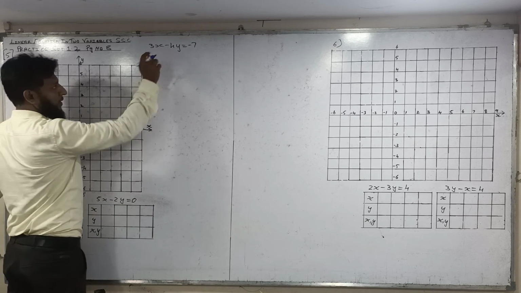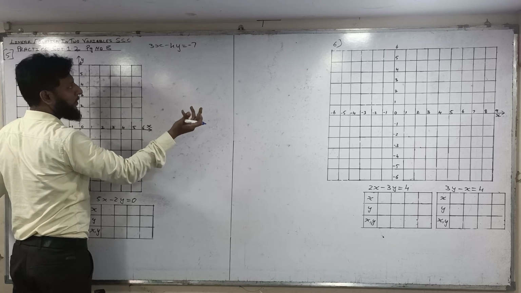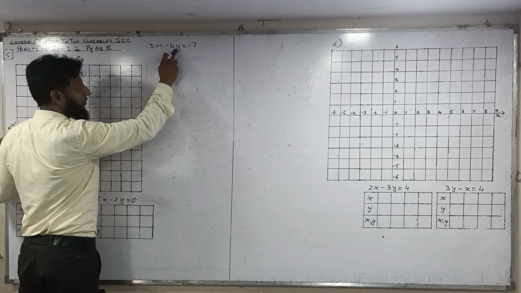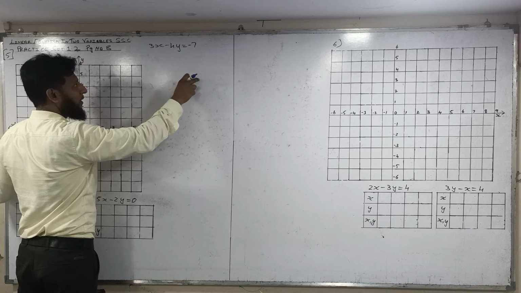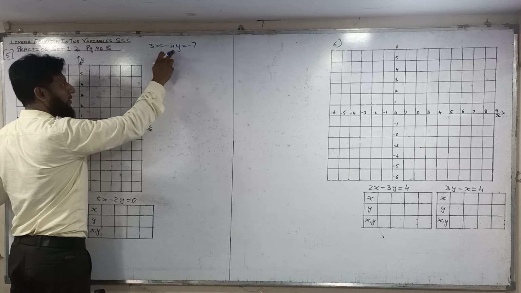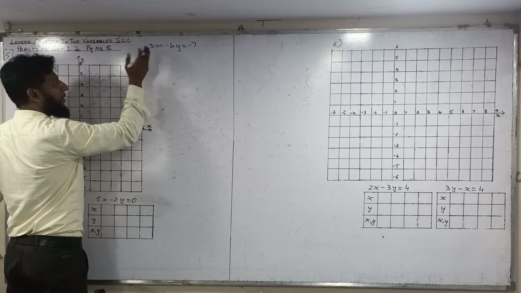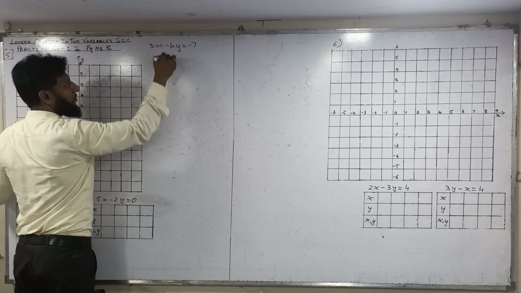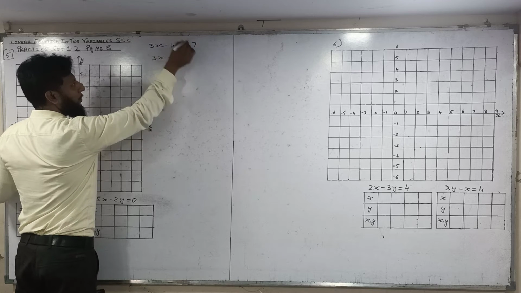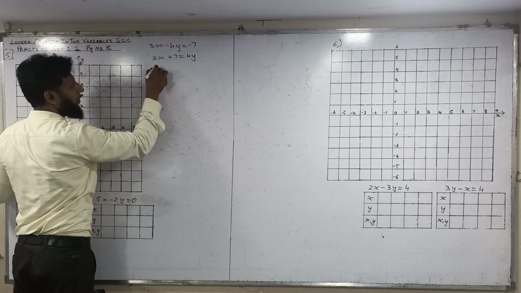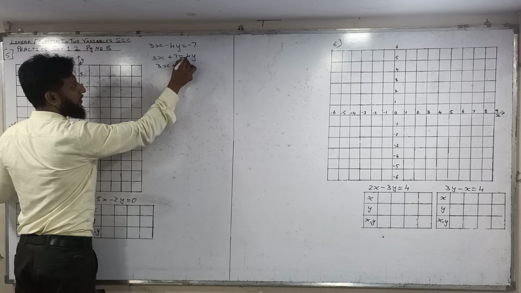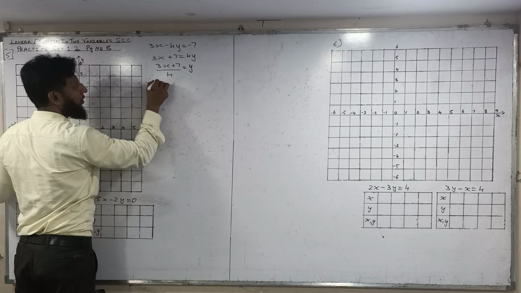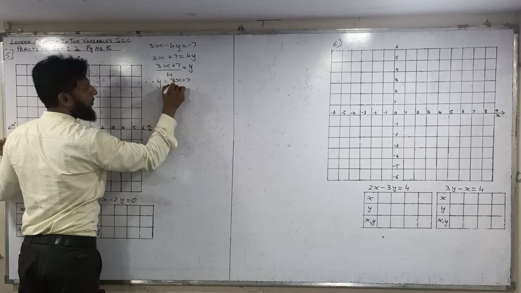In this, 4 is an even number, so it is more convenient to solve with the even number, because if I make the equation for the variable y, the 4 will go into the denominator, so it is easier. You can make it by x also, you can make it by y also. Y is simple: 3x as it is, minus 7 will come here as plus 7, minus 4y will go there as plus 4y. So now 3x plus 7 as it is, 4 will go into the denominator. Now y is equal to 3x plus 7 upon 4.